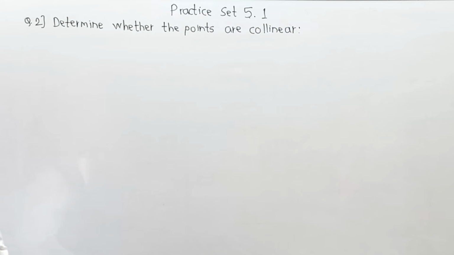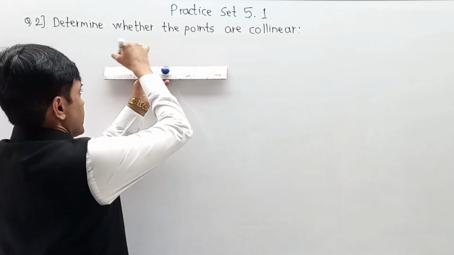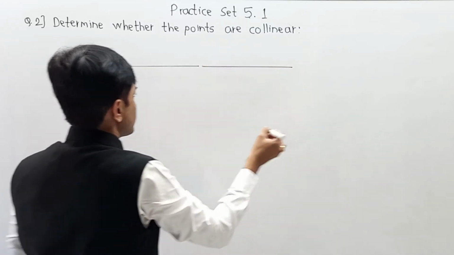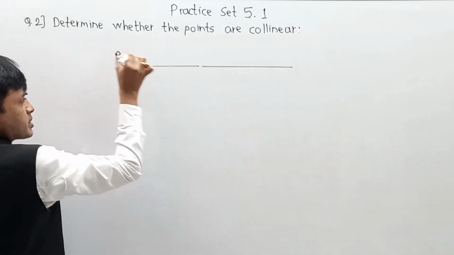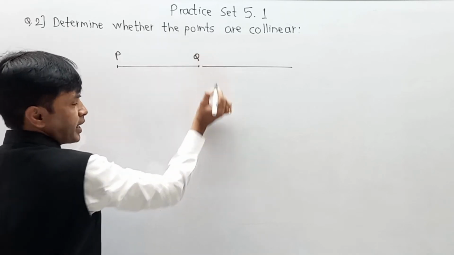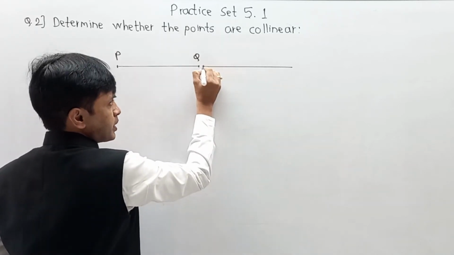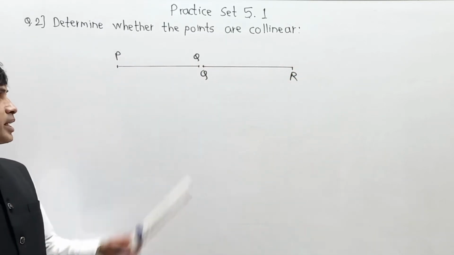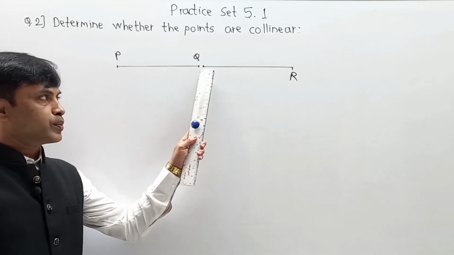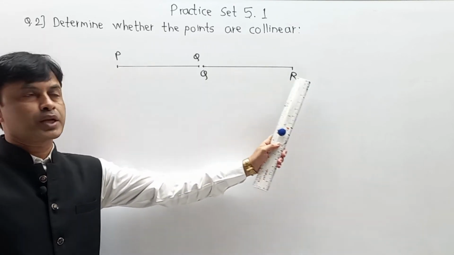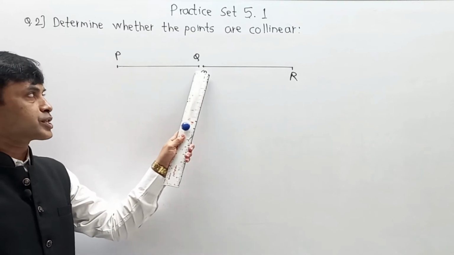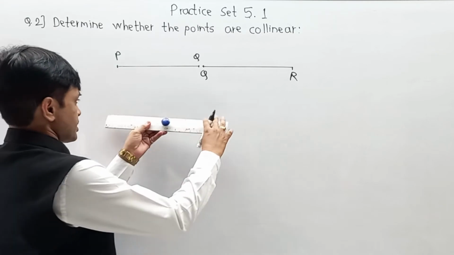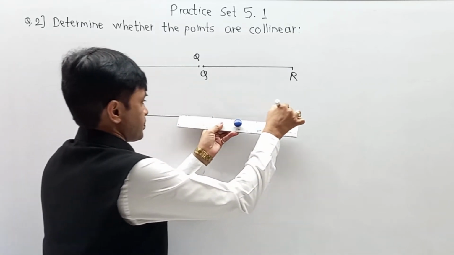What does it mean? Let me clarify in terms of a diagram. Let us say I am going to draw 2 segments. One is PQ and second is QR. So as per the condition, let us say the first segment is PQ, and just for your simplification I am going to isolate the second, QR. Logically, if the addition of distances PQ plus QR is equal to the total PR, that means it is a continuous line.